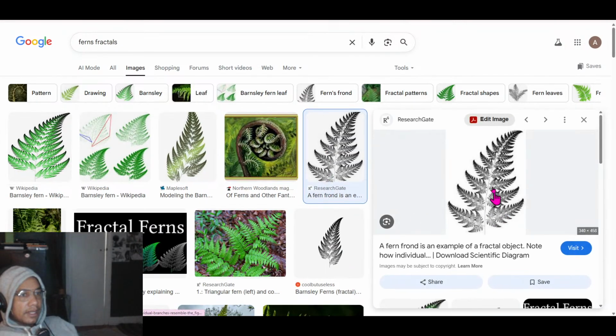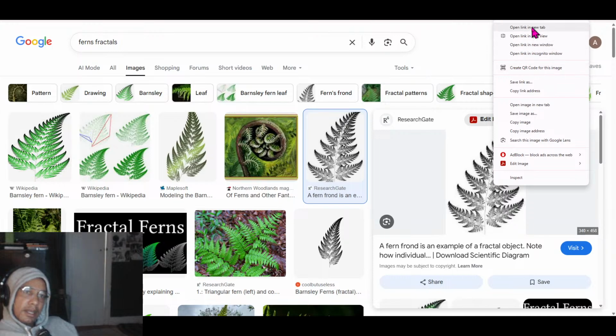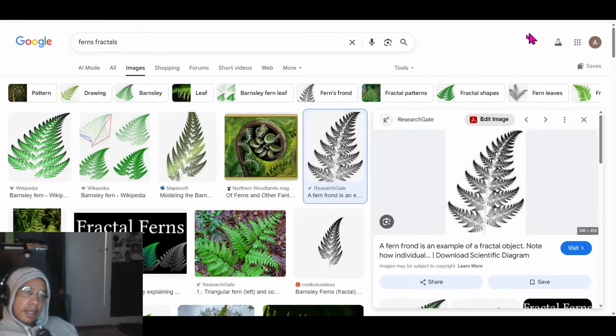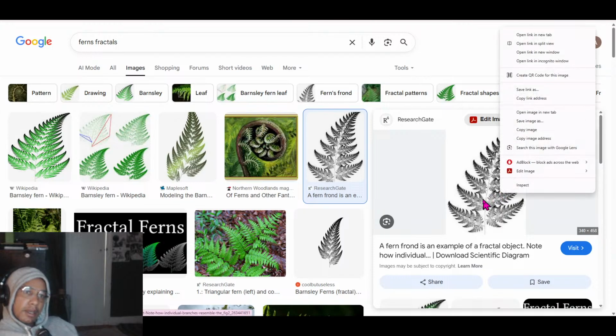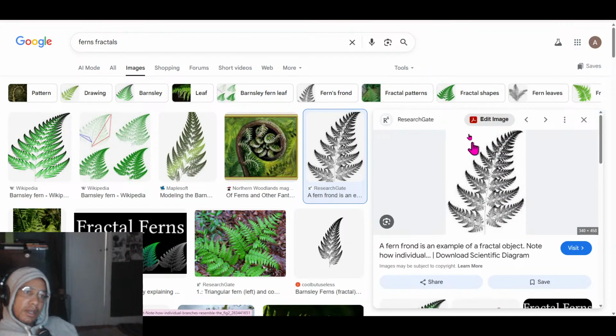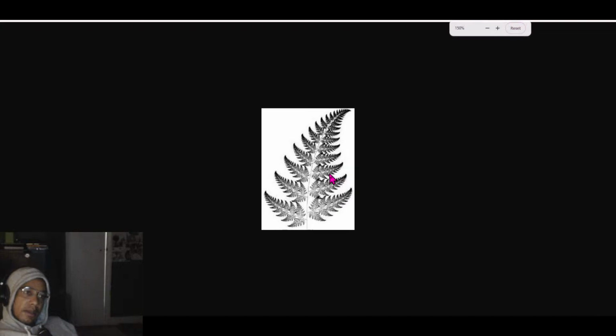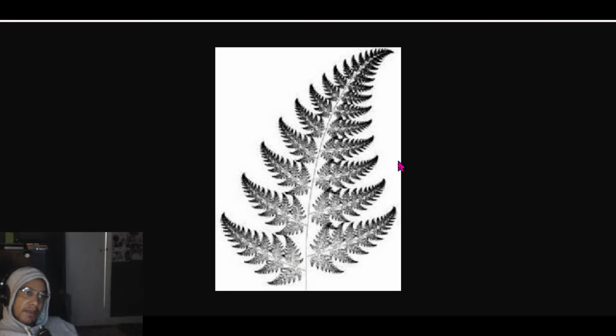The leaf looks like a leaf, and the leaves inside of the leaves also. If I open that image in a new tab, okay, so this is the leaf. You see the shape of it. Now, if you look at the baby leaf here, at that branch, it actually looks like the whole thing. If we keep zooming in,